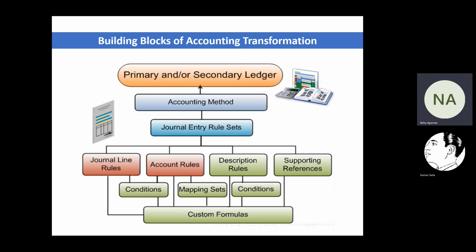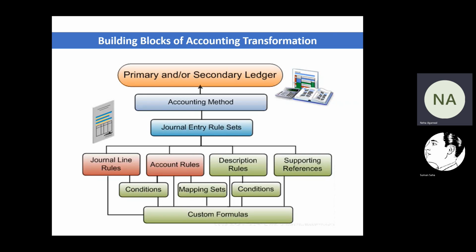As we are aware, Oracle gives us a few seeded accounting methods, and there is also an option to create our own method, or we can just duplicate the seeded accounting method and add our own elements in there. So here we're going to do the same. We'll use the seeded one, and then we'll enable this general entry rule set or the SLA application in that